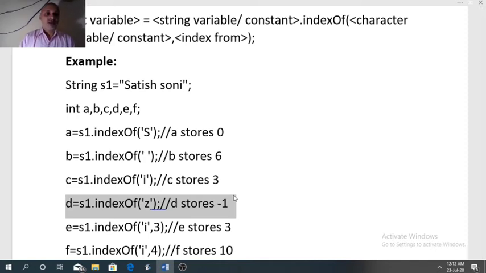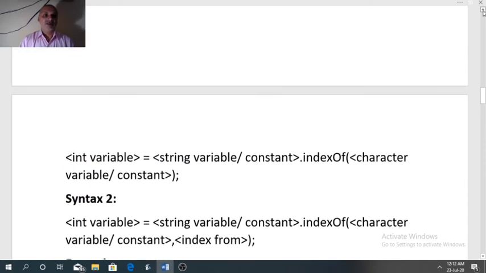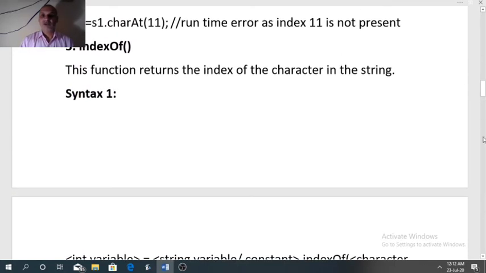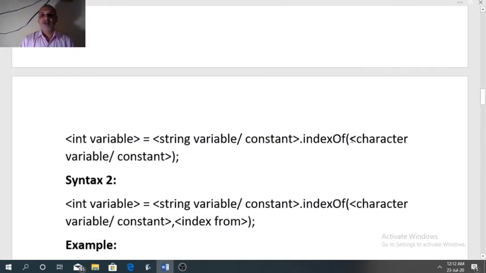The first 4 examples A, B, C, D I have used from syntax 1. See once more what syntax 1 is. In the argument list, we need to only write the character variable or character constant. In all the examples I had used a character constant in single quotes.